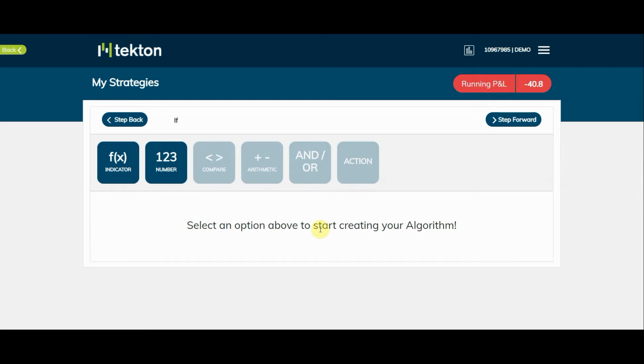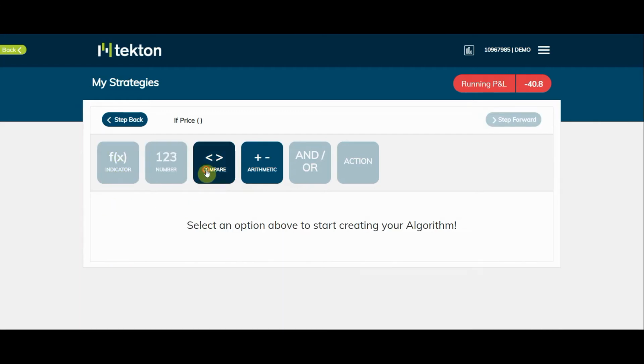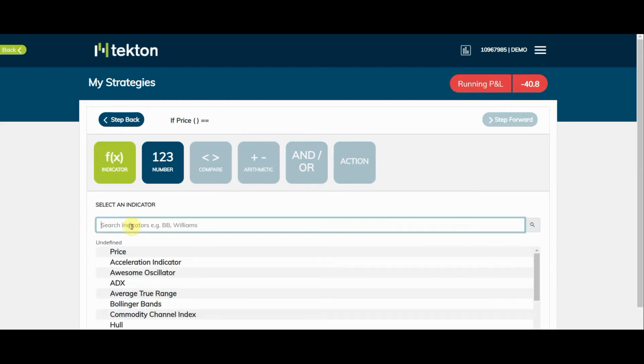Okay, in this video I'm going to show you how to use the equals function. Now the equals function, or the equals operator, is pretty much one of the most direct operators we have. For example, if price is equal to something else, then we want a trade to happen or an action to happen. So here, for example, if price equals the moving average